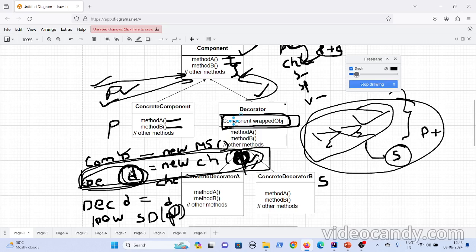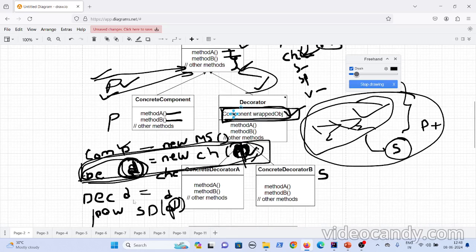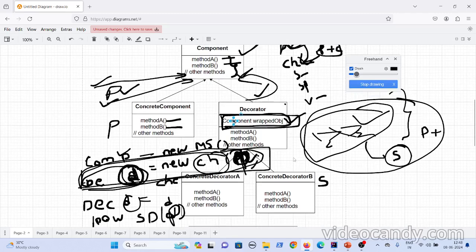My cheese burst decorator will have the component as pizza, and the sauce decorator will have component as pizza decorated with the cheese burst. Since decorator is also a component, this condition is satisfied here.